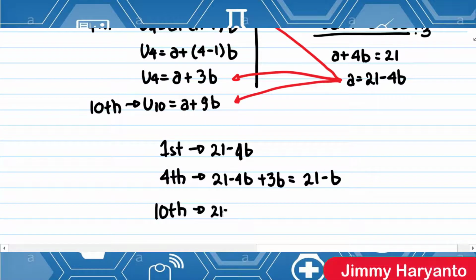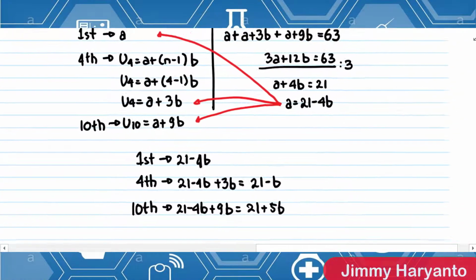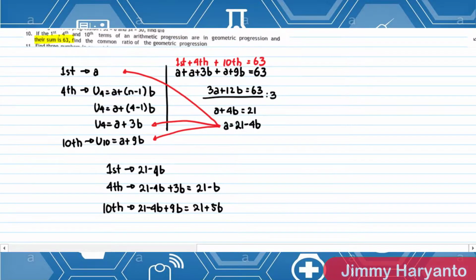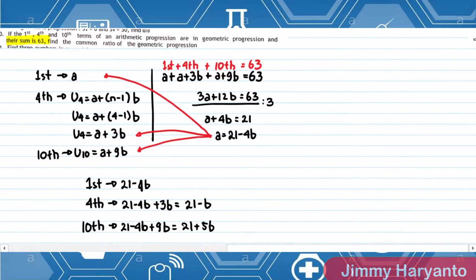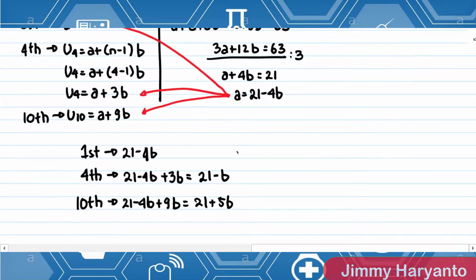A plus 9B, 21 minus 4B plus 9B equals 21 plus 5B. That's it. After that, the question says these three terms, these three numbers, are in geometric progression also. So 21 minus 4B, 21 minus B, 21 plus 5B is in